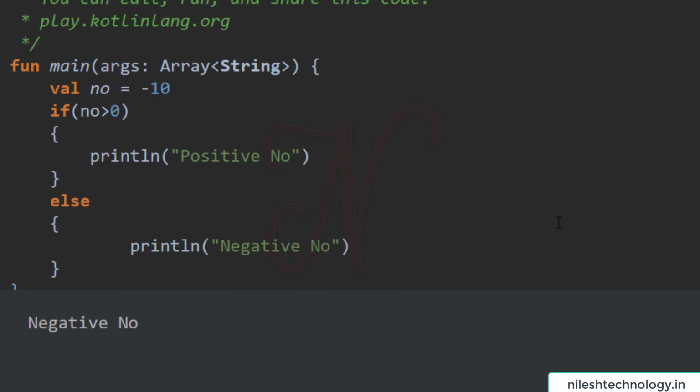Unlike Java or other programming languages, if can be used as an expression in Kotlin. It returns a value. So see one example.